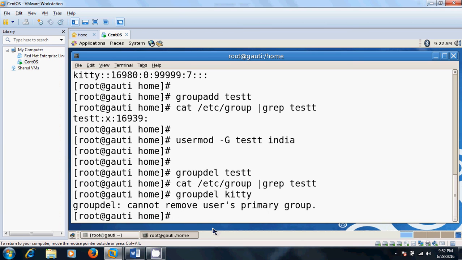The userdel command is used to delete a user. When a user is deleted, the user's primary group will automatically be deleted.